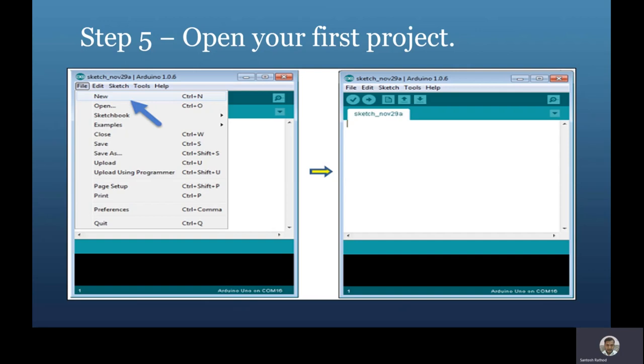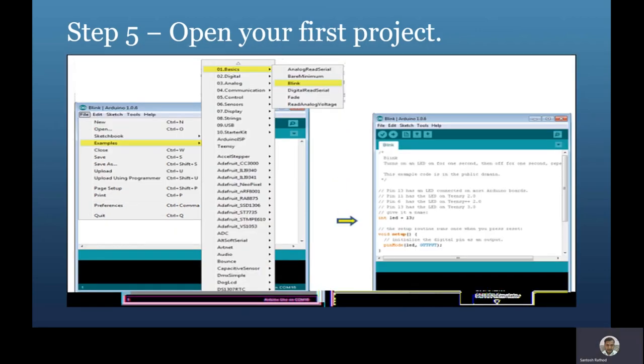In this slide, initially it would be a blank one, or else you can drop in the already preloaded project, which you can go through the file. You can create a new project, or you can select from the examples as well. So here is the first project. Here we have taken into consideration the already preloaded, pre-fetched project. You can go to the new one, or you can go to the examples and select the basic LED blinking program, just for a demonstration.